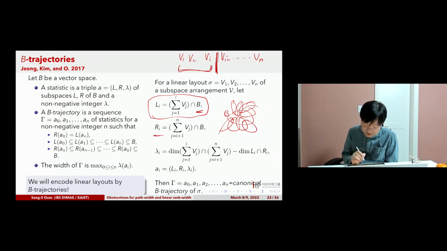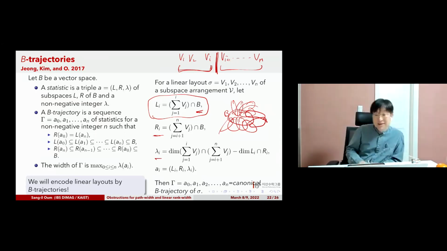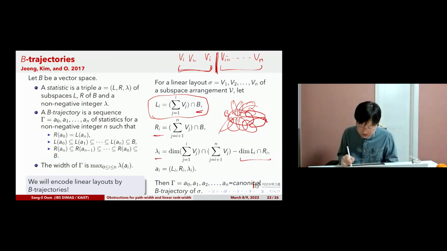So Ri measures the sum of the right-hand side intersection with B, and maybe the left-hand side and right-hand side may intersect, right? They may span some vector not witnessed by B. So the amount of that is measured by this number. So lambda I is an integer that shows you the dimension of the intersection in addition to